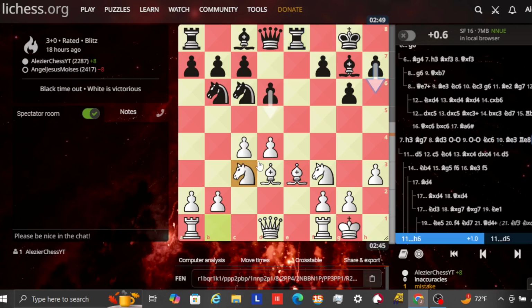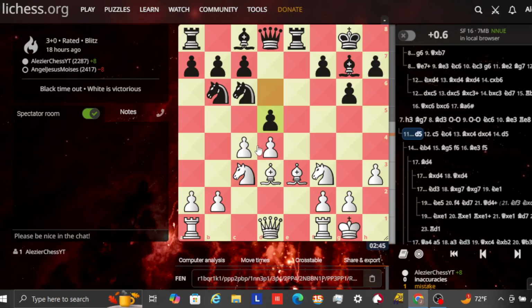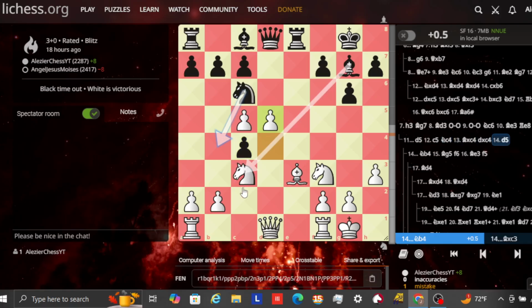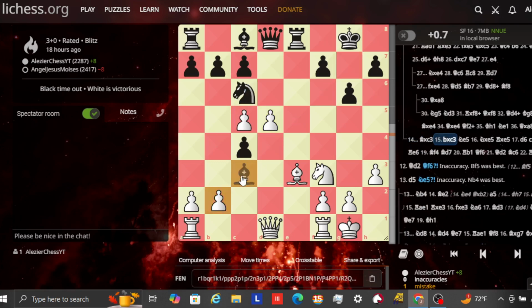I developed my last minor piece with knight to c3, and here he played pawn to h6, which is a terrible weakening of his position. Like, this move makes his position so much worse. What he's supposed to do here is play pawn to d5, and after c5, knight c4, bishop takes, pawn takes, d5. He's supposed to not move this knight to b4, but instead play bishop takes knight, and after pawn takes, the game will continue. For example, knight e5 takes,